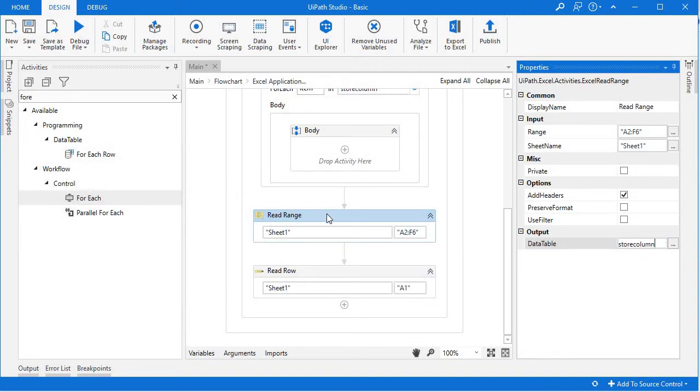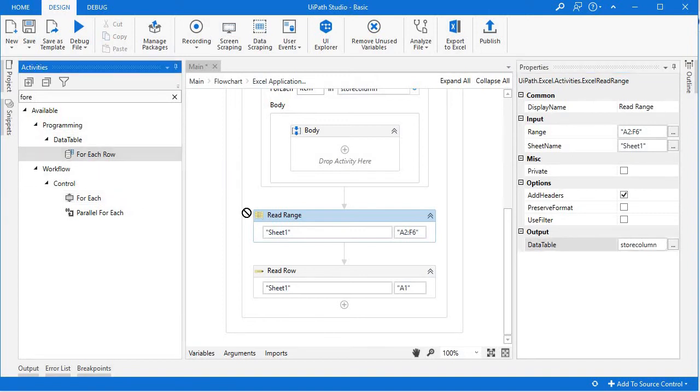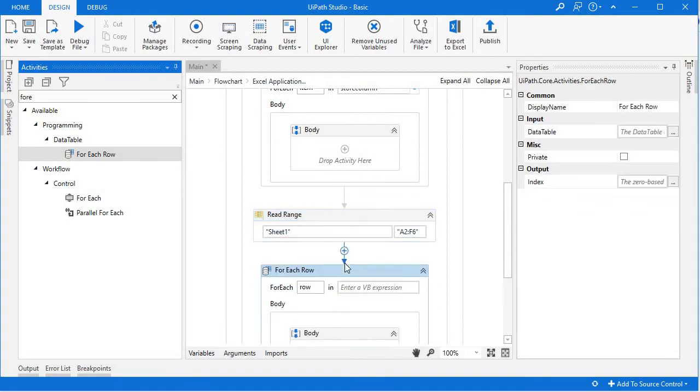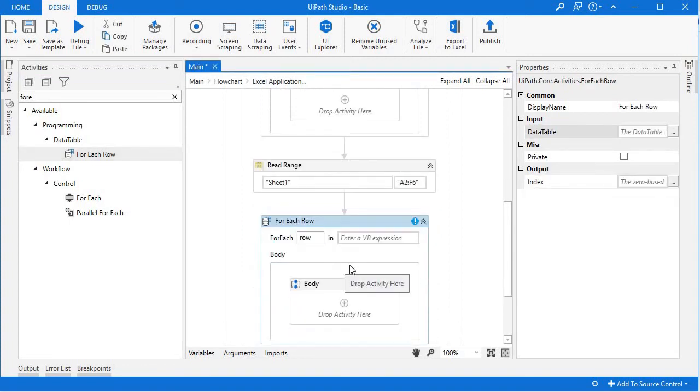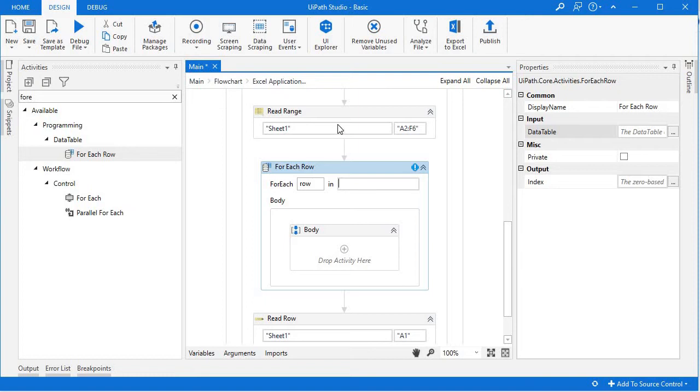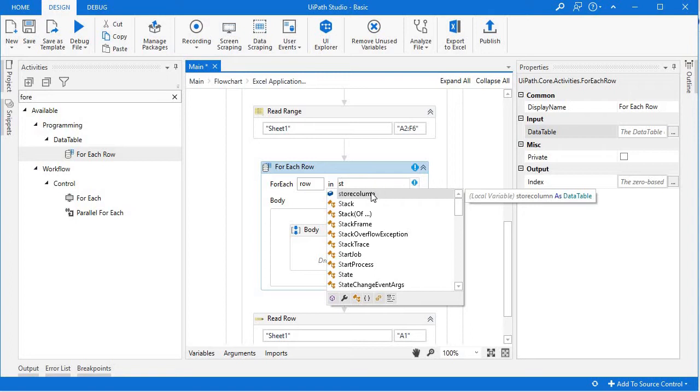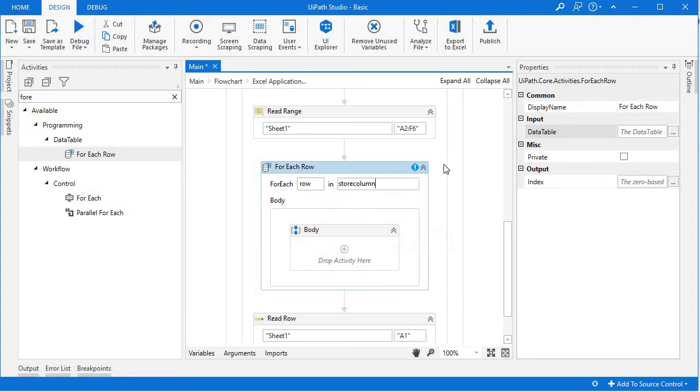Now for showing this data from the data table, we can use for each. For data table, here is a special for each row. Similar to before, we need to iterate through this data table, and each row will come one by one. So in the message box,